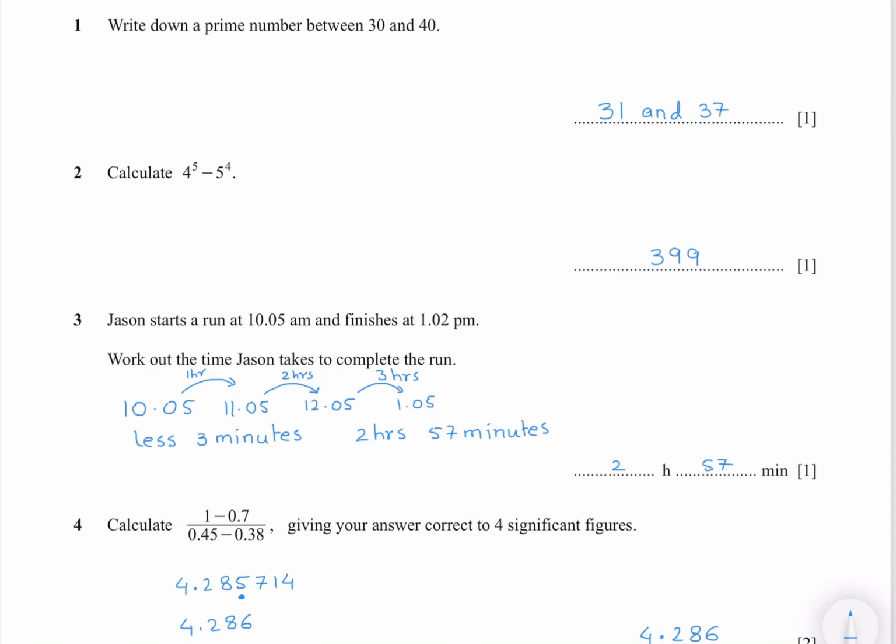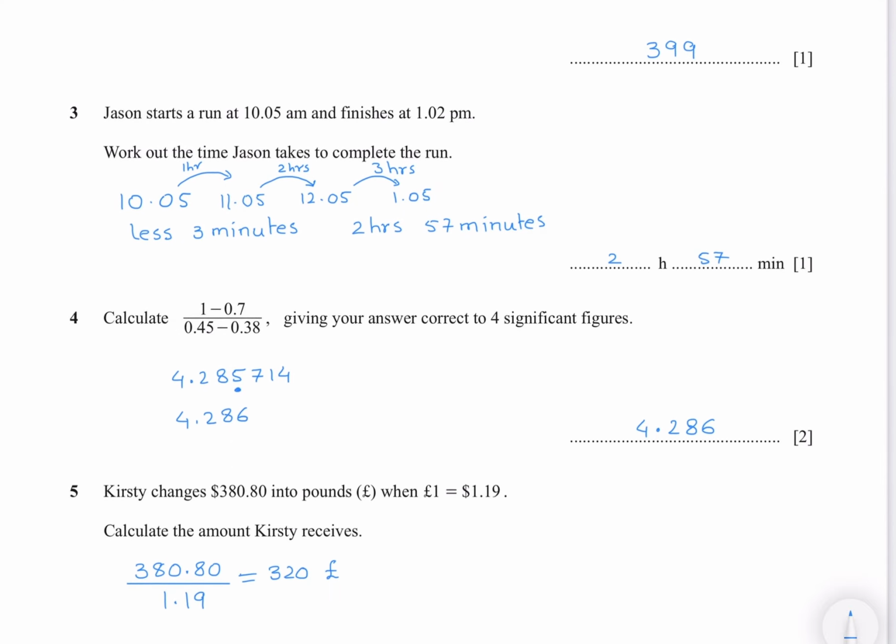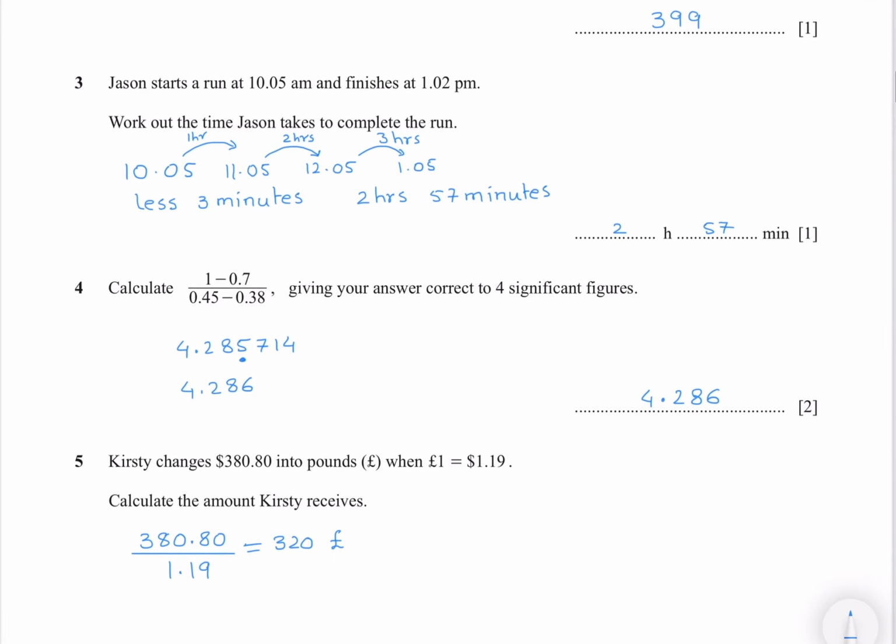Question number 3, Jason starts a run at 10:05 a.m. and finishes at 1:02 p.m. Work out the time Jason takes to complete the run. So write down 10:05. From 10:05 to